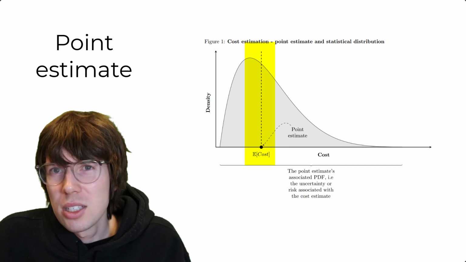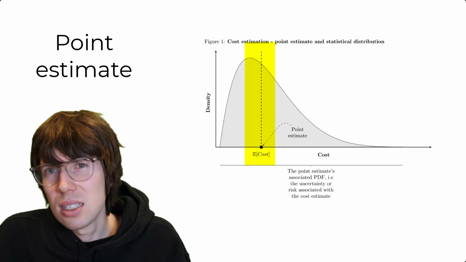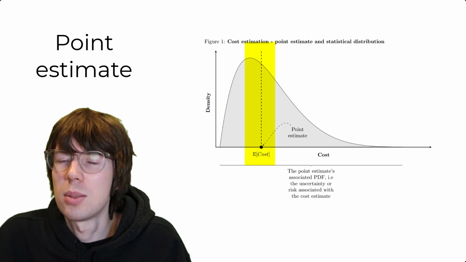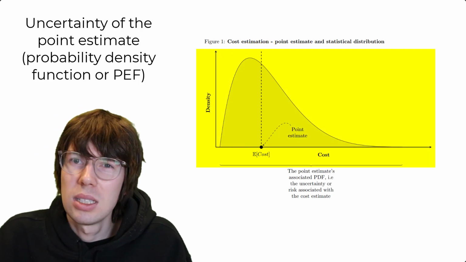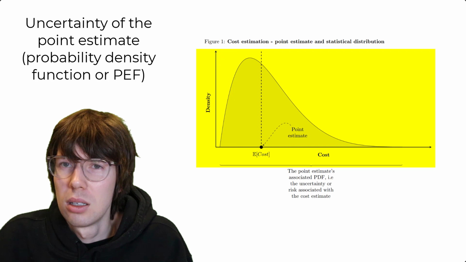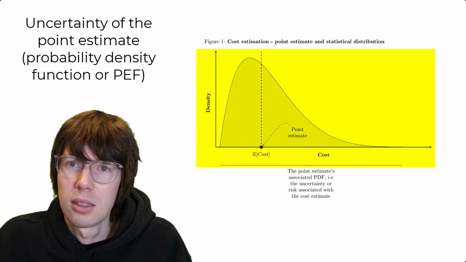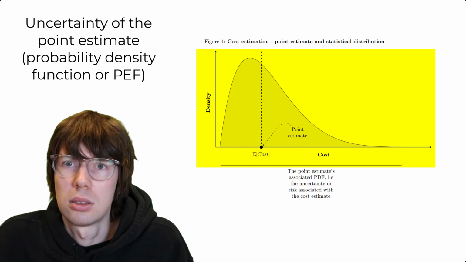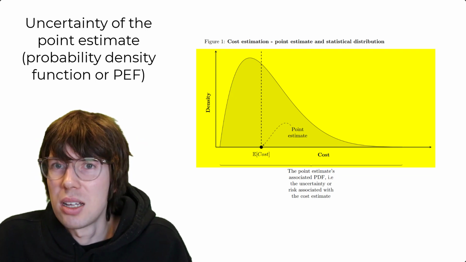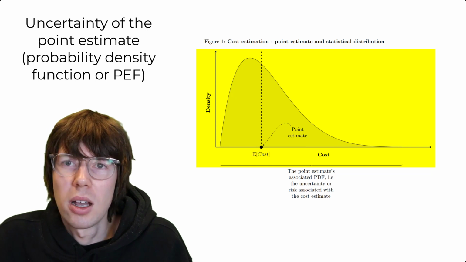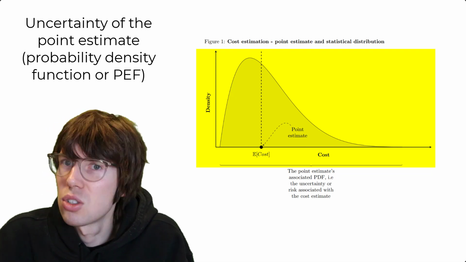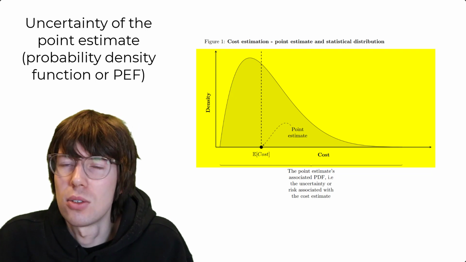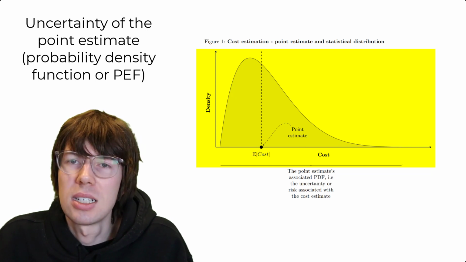But for decision-making purposes, it is seldom sufficient to only know a single number, only knowing the point estimate. We would additionally like to know the inherent uncertainty of that point estimate. Quite often we will be able to say something like, there's a 95% chance that the cost will be within plus or minus 20% of this point estimate. Something like that is usually information we want to have access to when we are doing decision making.